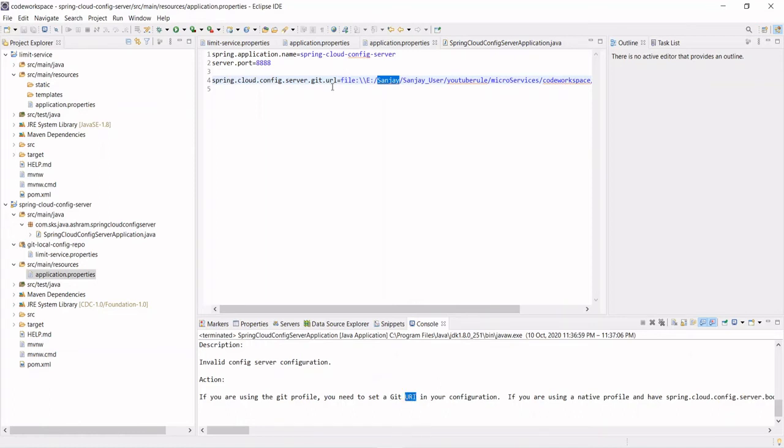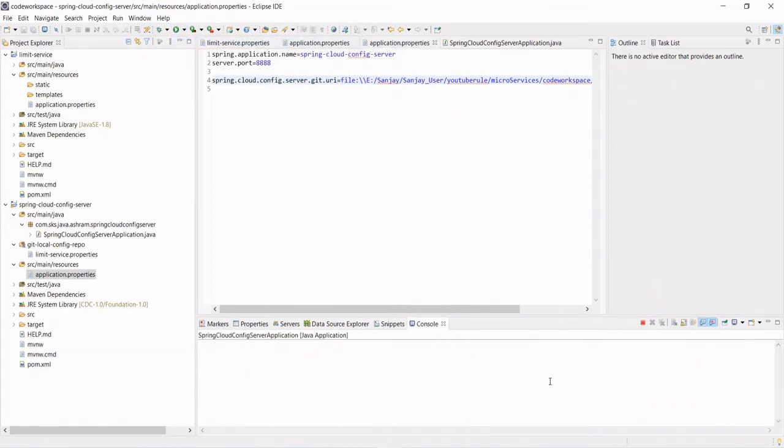Oh, sorry, spelling mistake. Not URL, it's a URI. Okay, Control S, and let's pick it up. Let's restart this Spring Cloud config server.